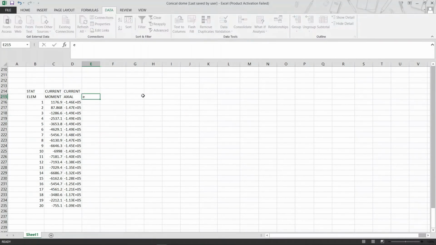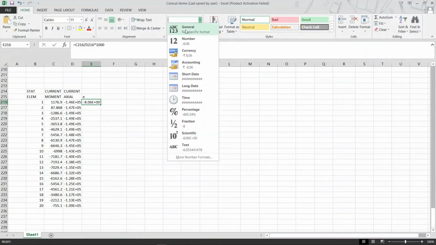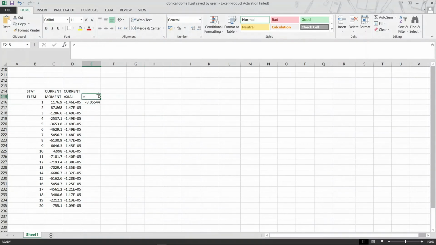Now the formula for eccentricity is equal to moment upon axial stress. This gives me the distance from the center line that we have drawn in ANSYS. This is in meters. Let's convert that into mm. Just name it. So these are all the values that I have.